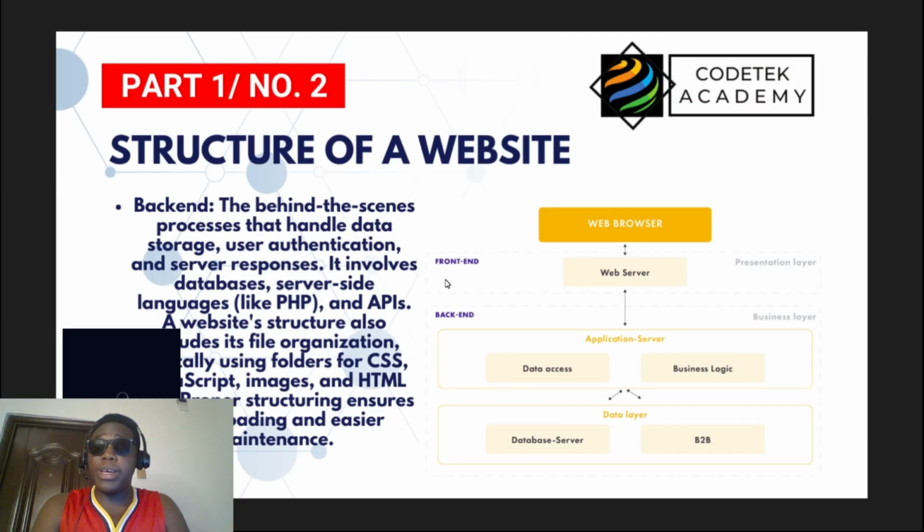Another aspect of a website structure includes its file organization, typically using folders for CSS, JavaScript, images, and HTML files. Proper structuring ensures faster loading and easier maintenance. Apart from this, a website that has been structured properly also aids the search engine to better optimize the information